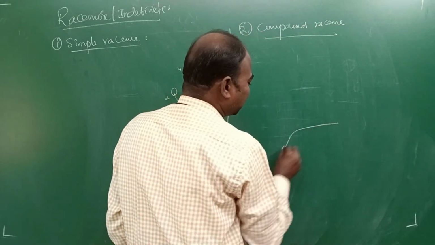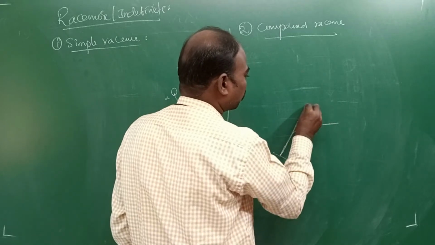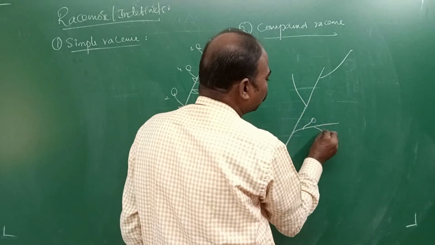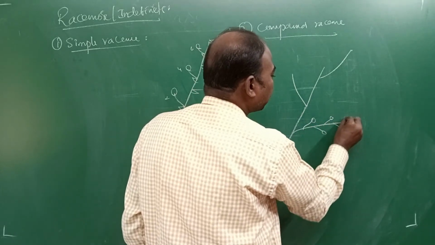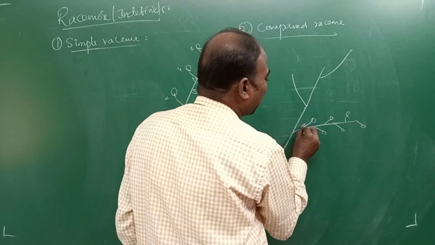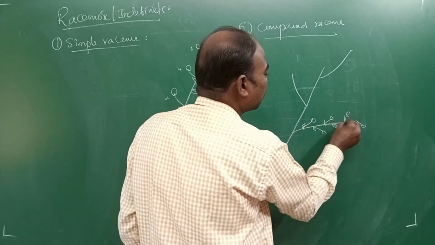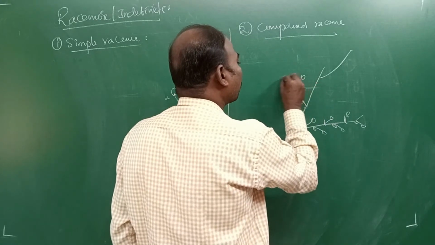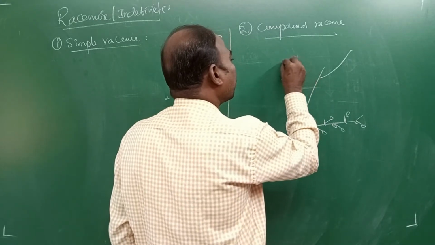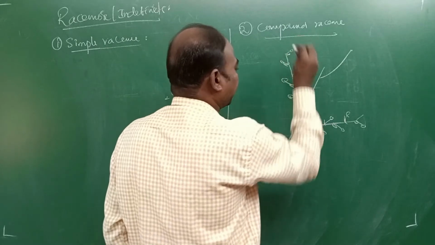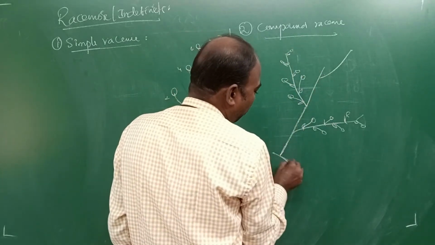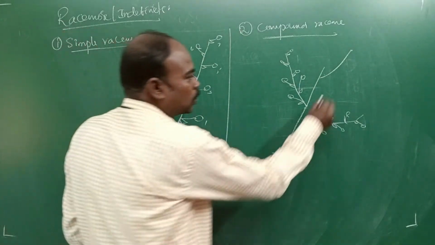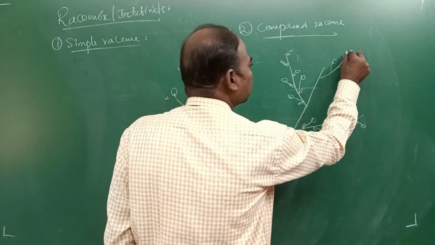The inflorescence axis gets branched, then from each branch the same bracteate, pedicellate flowers are developed in acropetal manner. This is said to be compound raceme. So each and every branch resembles the simple raceme.